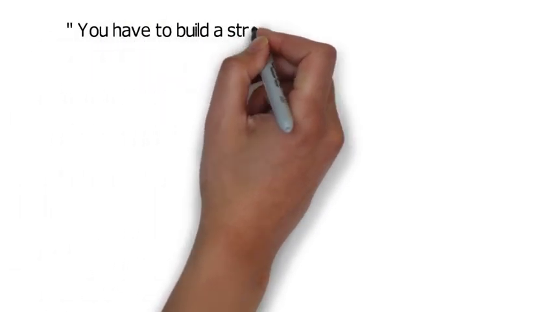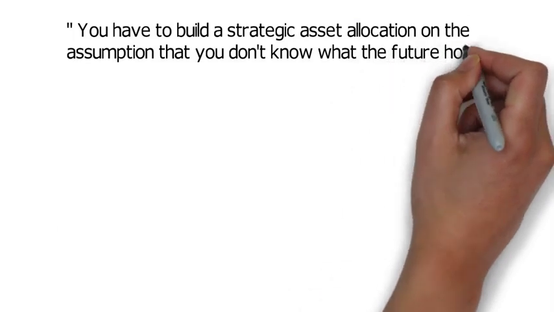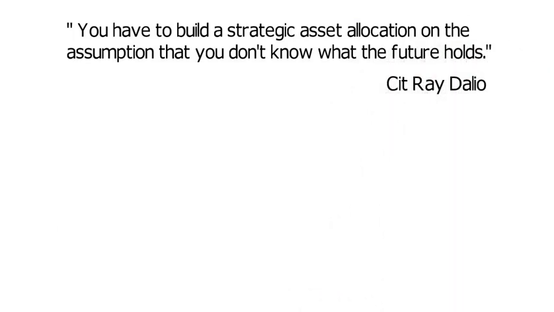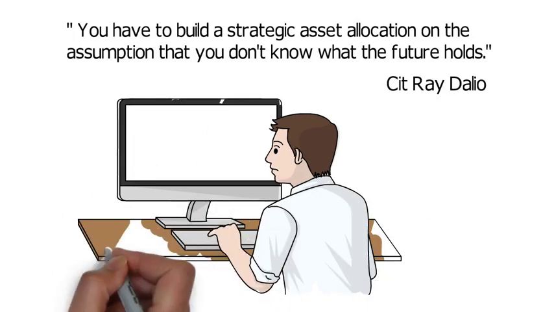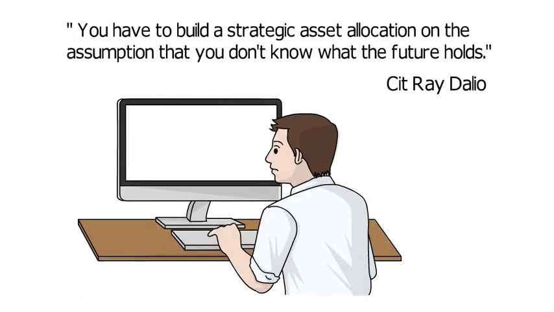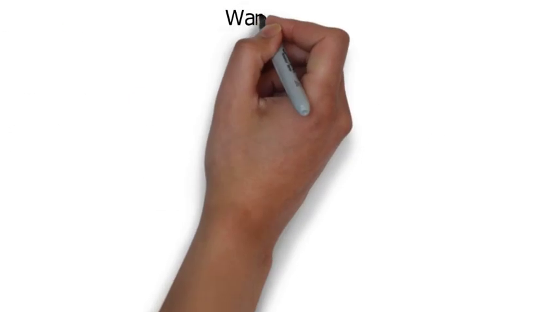You have to build a strategic asset allocation on the assumption that you don't know what the future holds, says Ray Dalio, and this is only possible by including within portfolios asset classes that are decorrelated to each other, such as precisely stocks, bonds, gold and commodities. Warning: building portfolios that perform well under any scenario